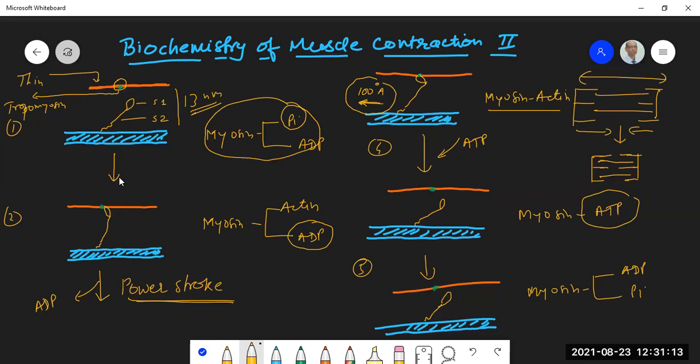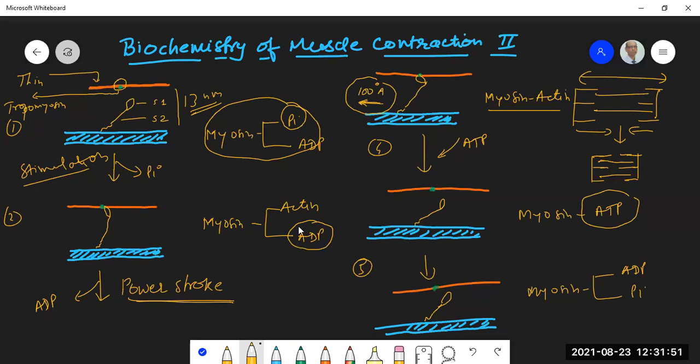When the muscle gets stimulated, the situation is you have myosin, and the attached ATP has been hydrolyzed because of the ATPase activity of the myosin. So you have Pi and ADP still attached to myosin. When the muscle is stimulated, tropomyosin will shift its place. The S1 head can now join the actin. So it is shown over here. Actin is now joined. Pi is released. In the subsequent stage 3, the bound ADP will be released.